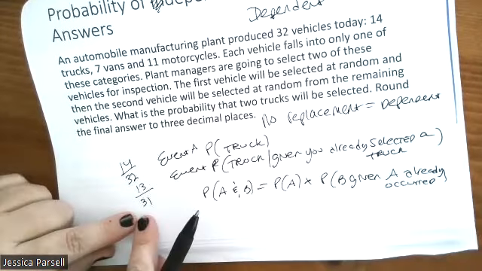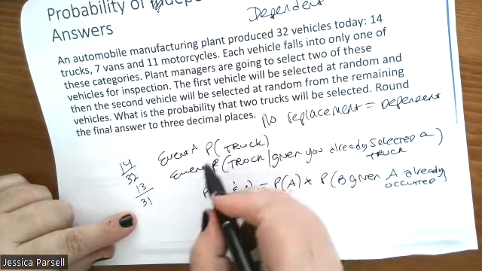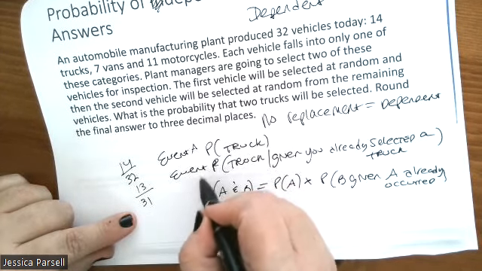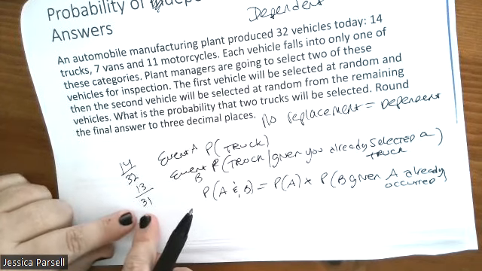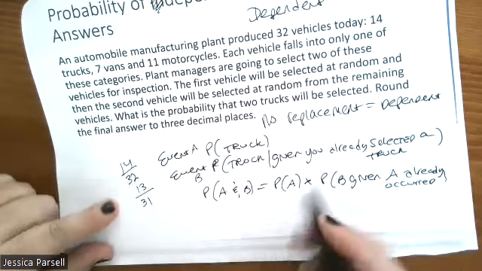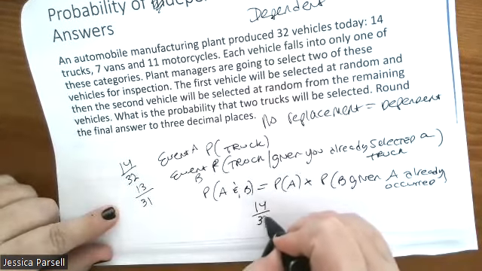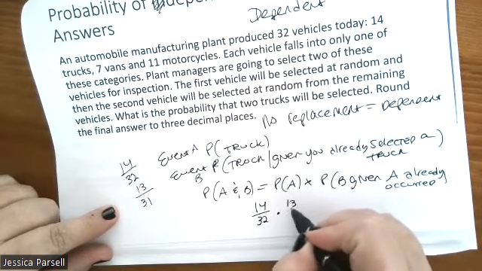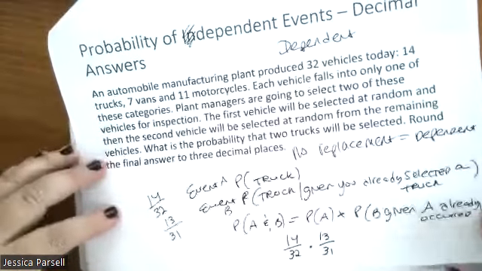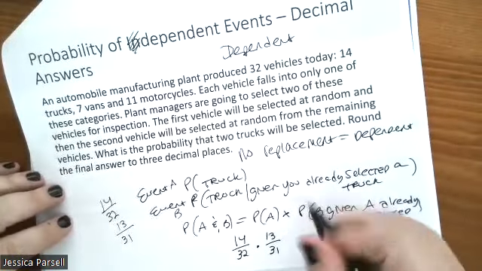Okay, so this is the probability of B given that, this is event B here. Probability of event B given that A already happened. So we're allowed to multiply 14 times 30 over 32 times 13 times 31. And if you do these on your calculators, and check me please, it should be